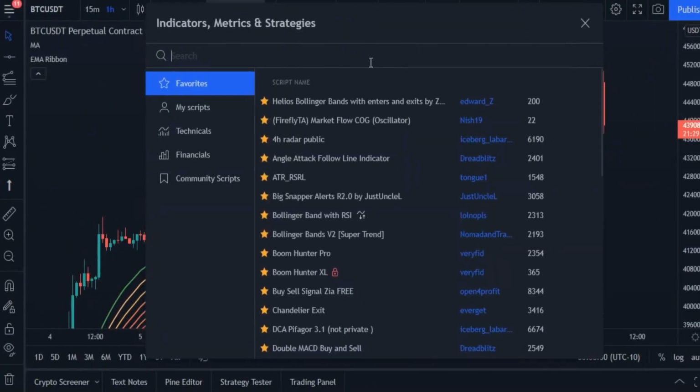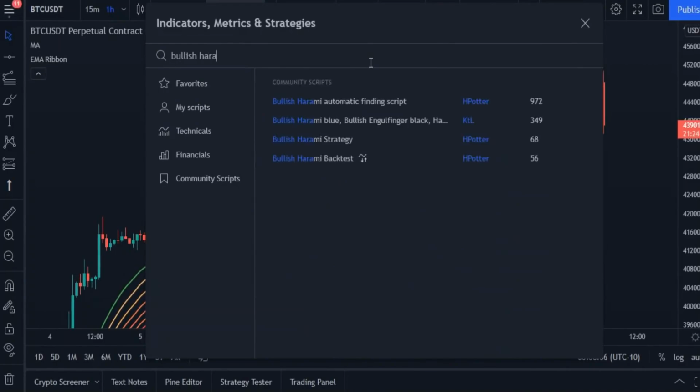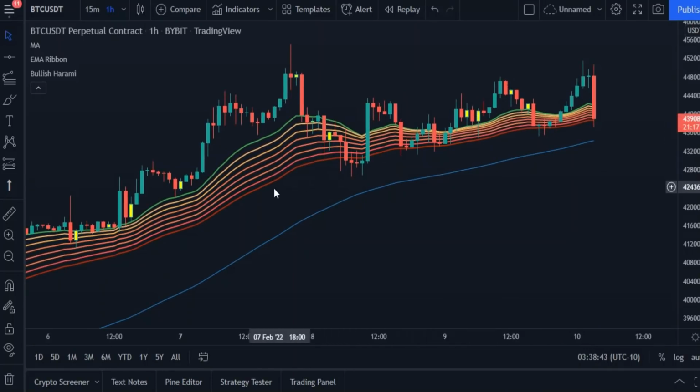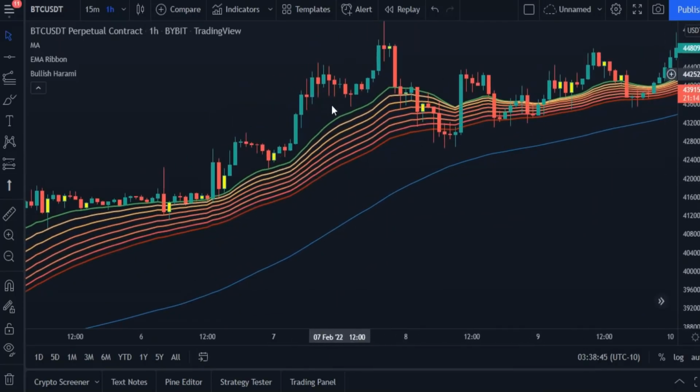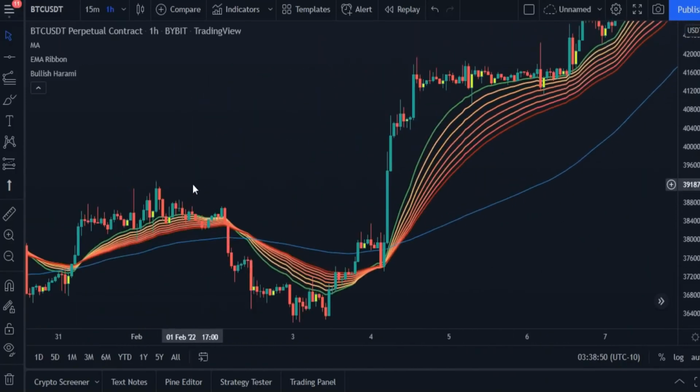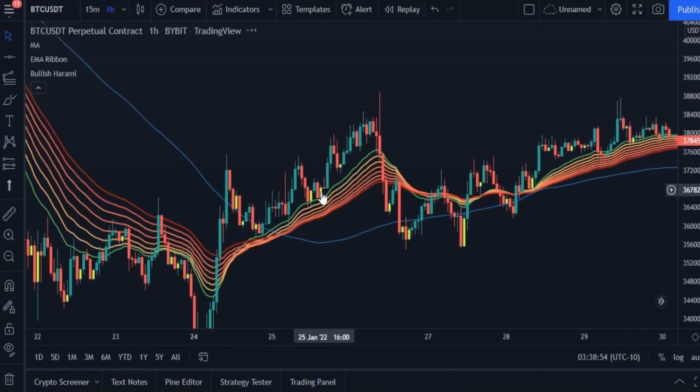Finally, what would happen if we added a bullish Harami indicator to this strategy? We will simply get new and more accurate signals, like this yellow candle here. Also this one here, there are many of them, and if you want to know how to use these candles, just tell me in the comments, and I will add another part to this